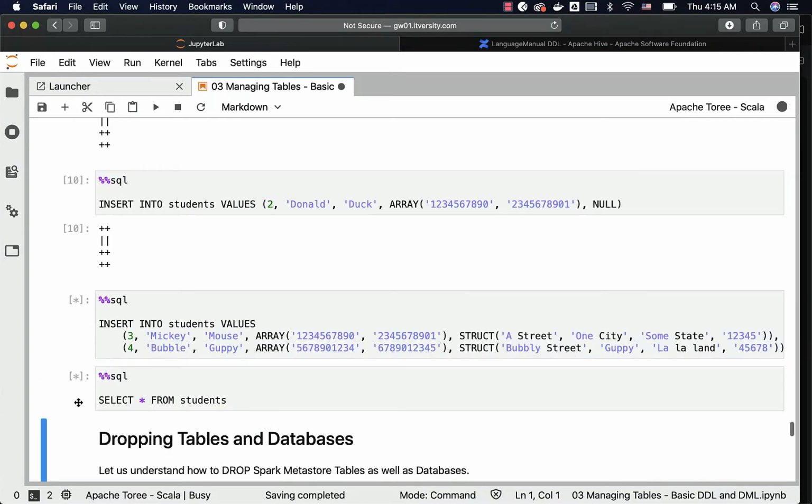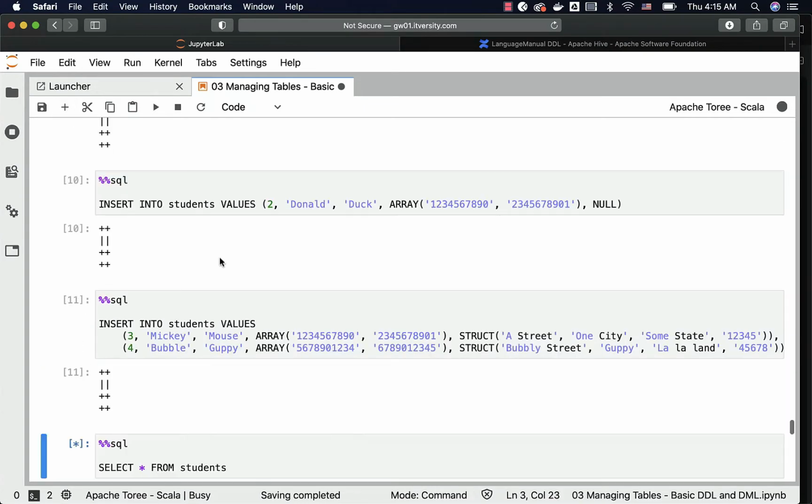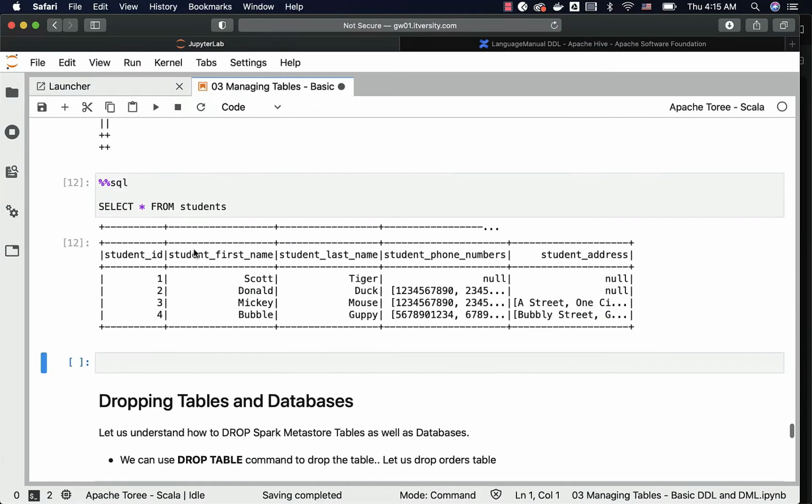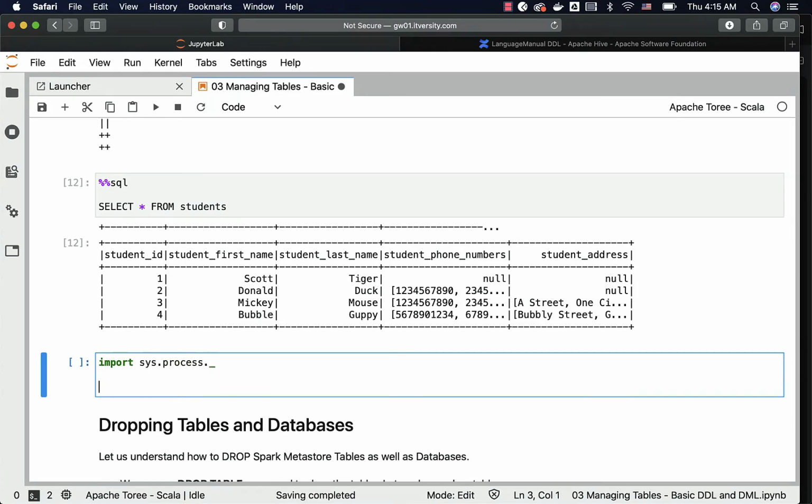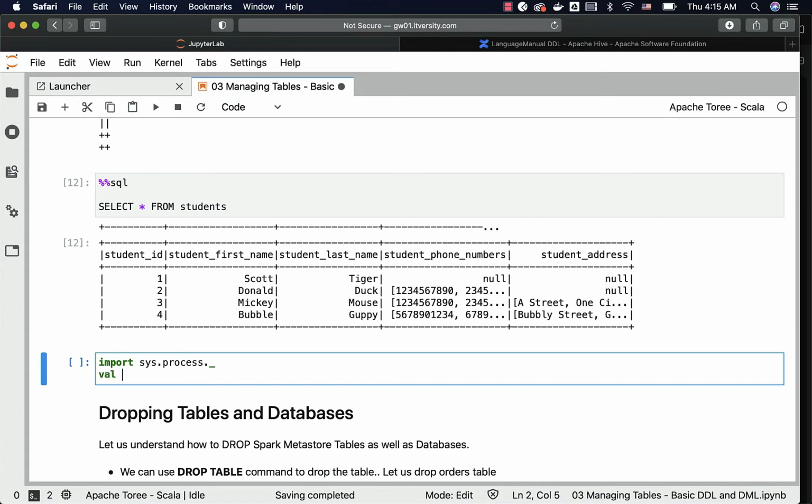If you want to see the files, you can run the simple Scala based code and you should be able to see the files. So let me say import sys.process._ and then let me also create a variable called username here using System.getProperty. Property is nothing but user.name.